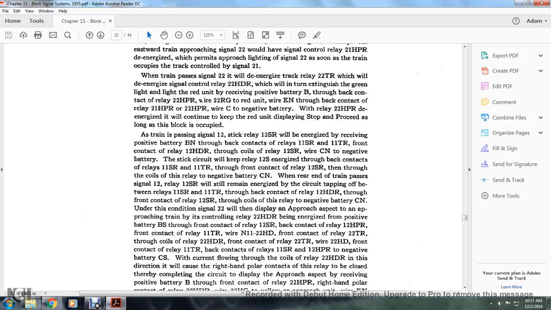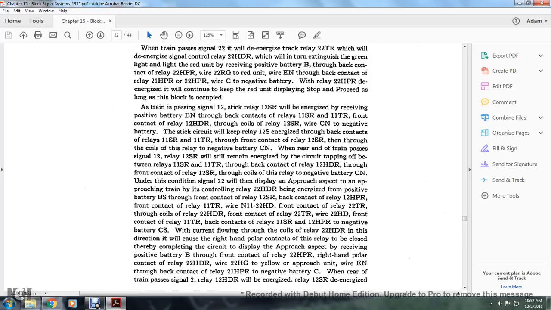With the relay 22 HPR de-energized, it will continue to keep the red unit displayed and stop proceeding as long as the block is occupied. As the train passes signal 12, the stick relay 12 SR will energize, receiving the positive battery BM through the back contacts of relays 11 SR and 11 TR, with the front contact of relay 12 HDR